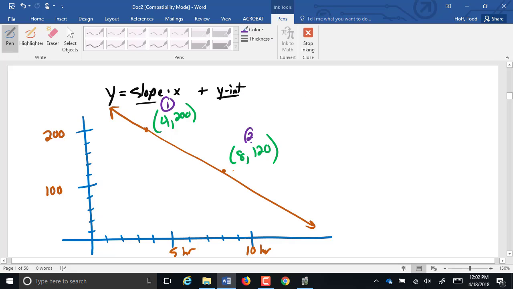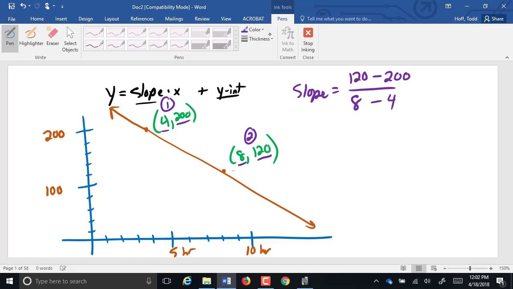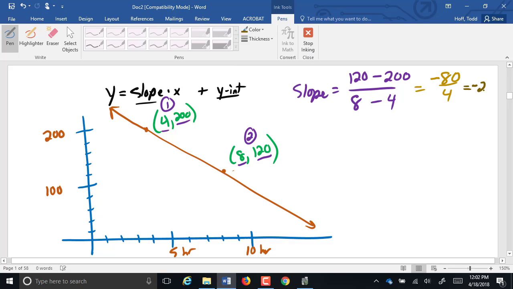Call this point 1 and point 2. Our slope, y2 is going to be the 120, minus y1 is 200, over x2 is going to be 8, minus x1 is 4. So we subtract 120 minus 200 is a negative 80. 8 minus 4 is 4. Negative 80 divided by 4 is a negative 20. So that's negative 20 units per hour